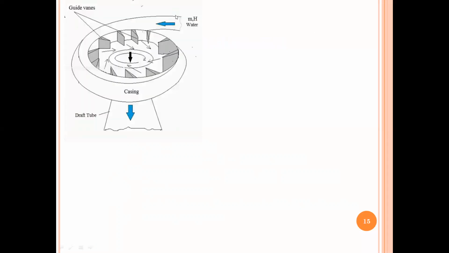Now here, in case of my Kaplan turbine, the water comes from the penstock, it enters my casing. A scroll casing is a special type of spiral casing where there is a reduction in your cross-sectional area. So this area is getting reduced. So that's why this is called a scroll casing. In Francis, it was called a spiral casing. And through here, it enters the guide vane. Now, till this, the process is almost the same.